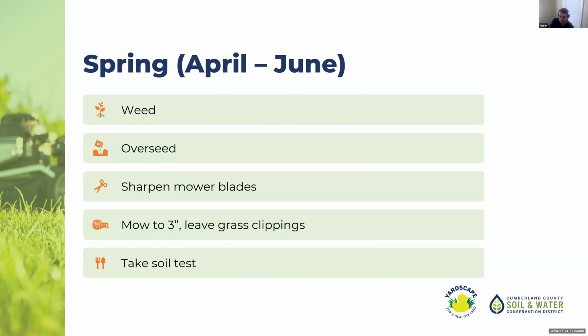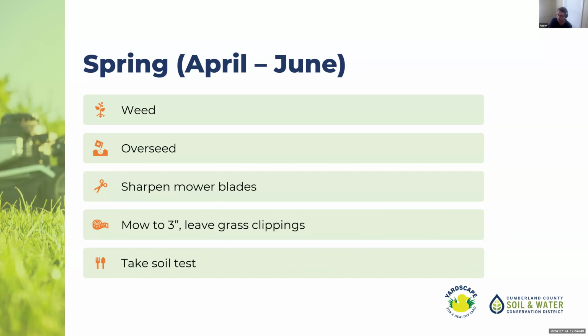Maintenance calendar. I will go through this as quickly as possible. So for spring, do your weeding once you start seeing things pop up. Much easier to weed before things are huge and the root systems are a little overwhelming for you to pull out of the ground. Maybe you aerate and top dress only if you have poor soils, or if the soil tests had results that indicated that you should, or if your budget's good, you can aerate and top dress, but then overseed.